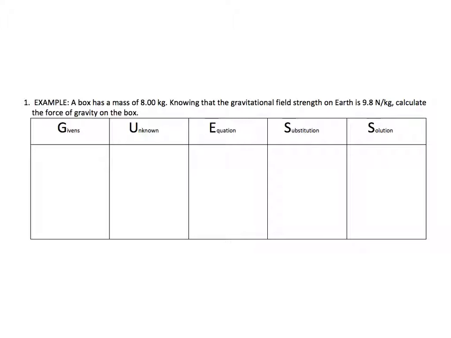A box has a mass of 8.00 kilograms. Knowing that the gravitational field strength on Earth is 9.8 newtons per kilogram, calculate the force of gravity on the box. So what we do not know is the force of gravity, so that's Fg. We know mass, that's the 8.00 kilograms. And we know gravitational field strength of g